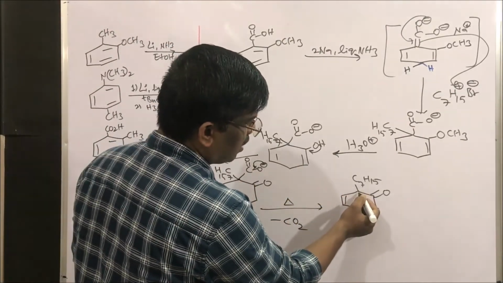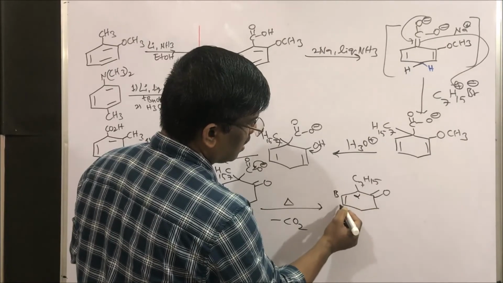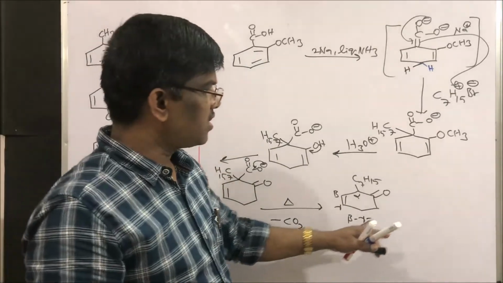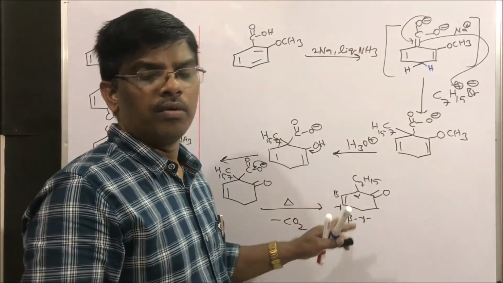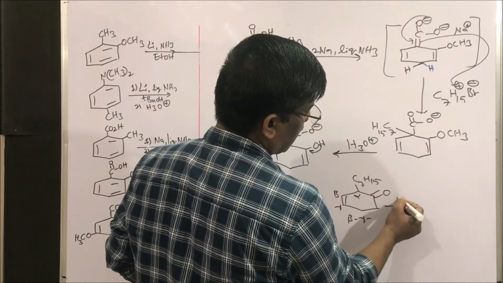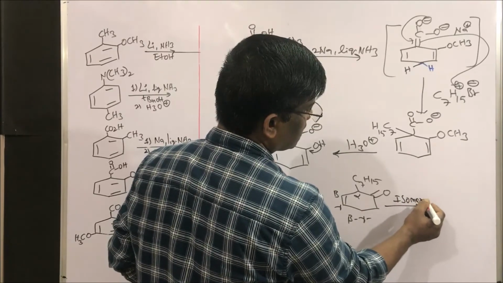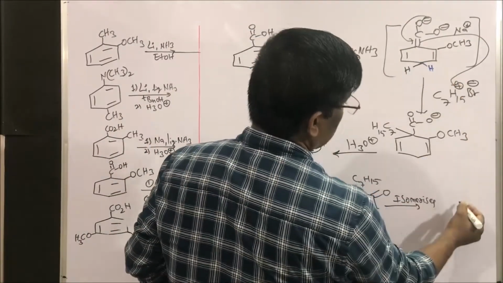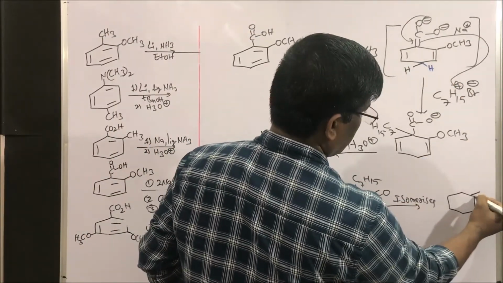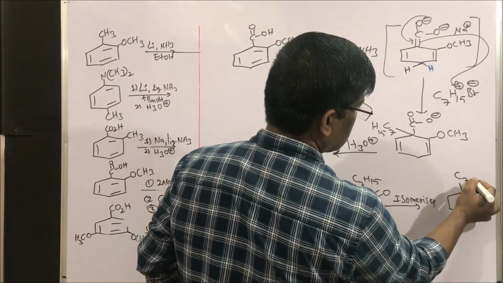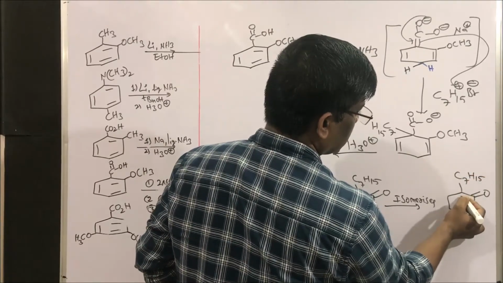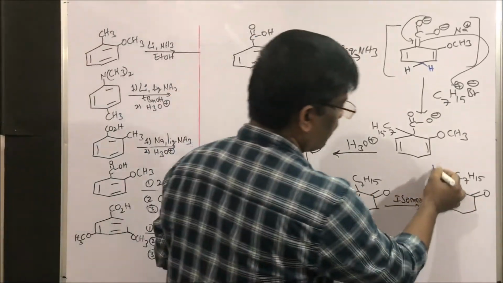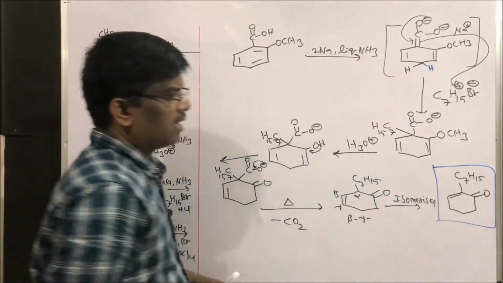What is the nature? Alpha beta gamma. So it is a beta gamma double bond. Is it an unsaturated ketone? Is it stable? No. So for stability, it isomerizes in the presence of acid to get the stable compound with the double bond, C7H15, and this is alpha beta unsaturated. This is the final compound, an alpha beta unsaturated ketone.